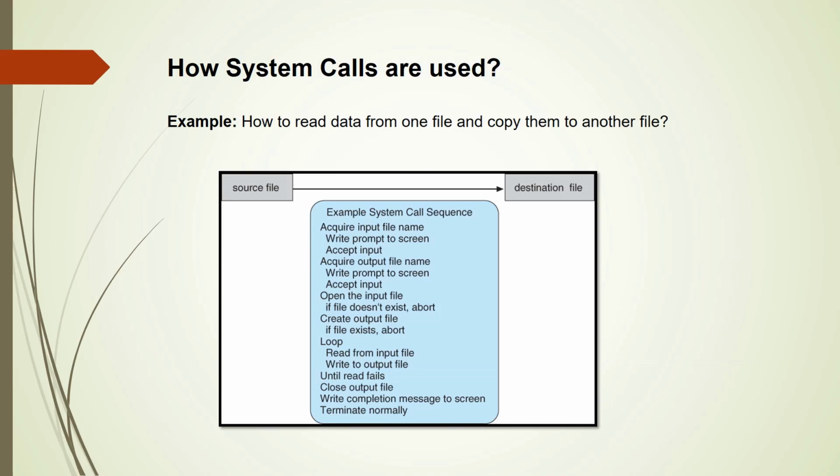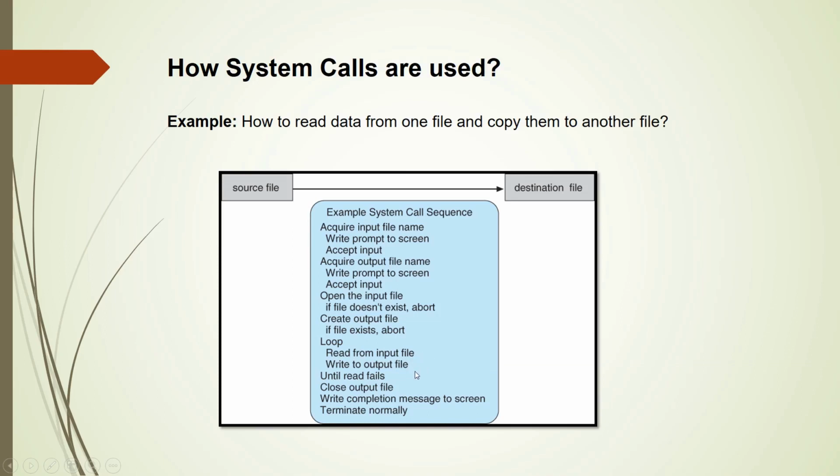In that case there will be system calls against each of the failures. Also we see that reading and writing the output file will also involve system calls.